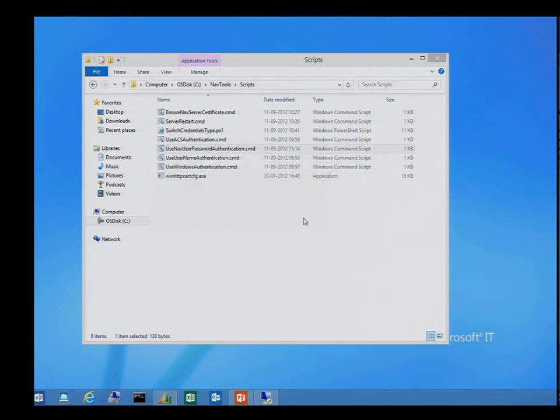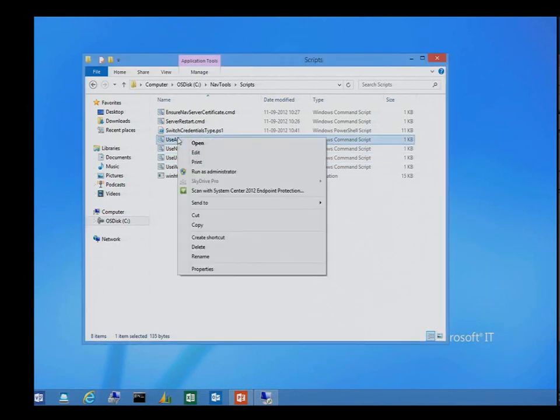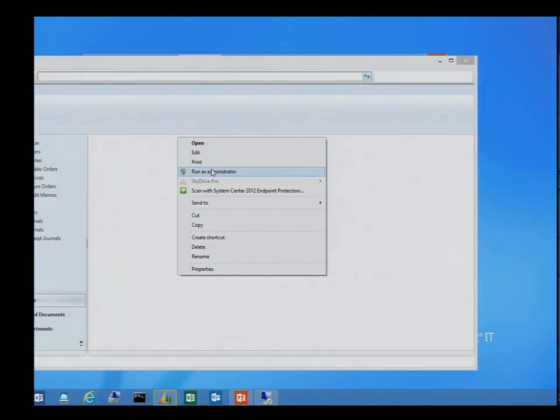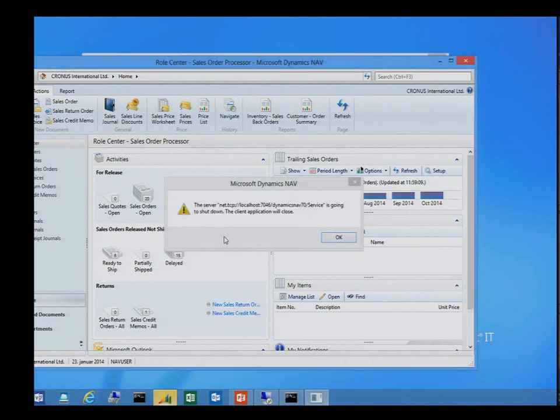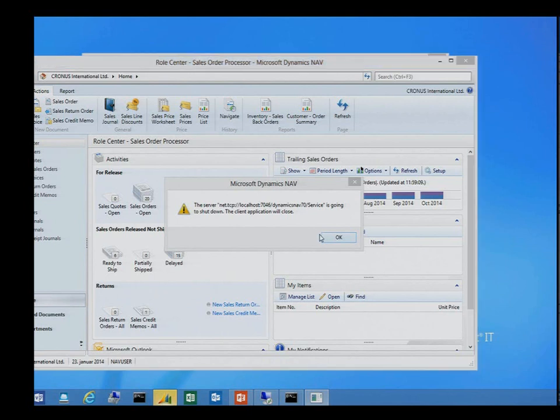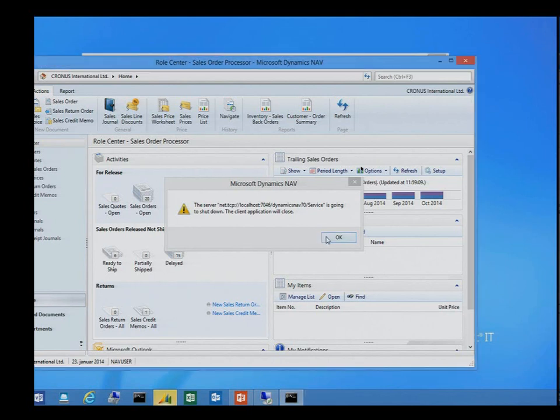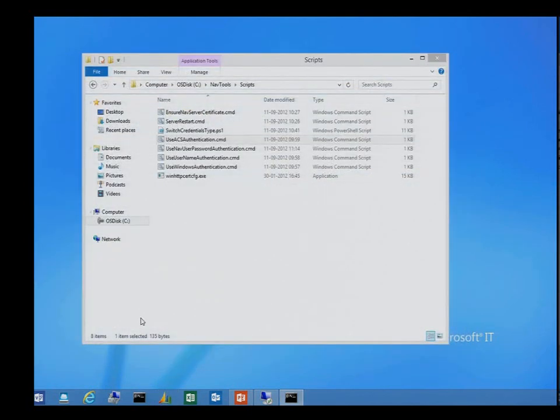It's fine. I will then try to log in using ACS. Yeah, run as admin. So it's shutting down the server, reconfiguring everything, and you can see I get this dialog that the server is shutting down, basically. So the only thing I can do is press OK. Then I will start up again.